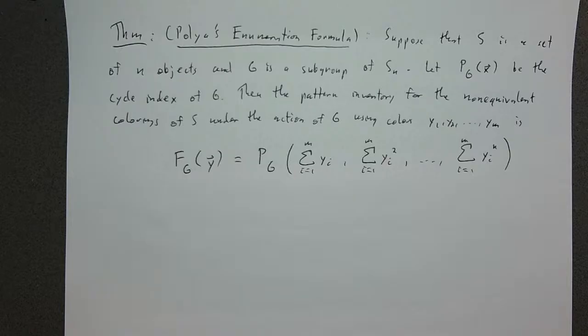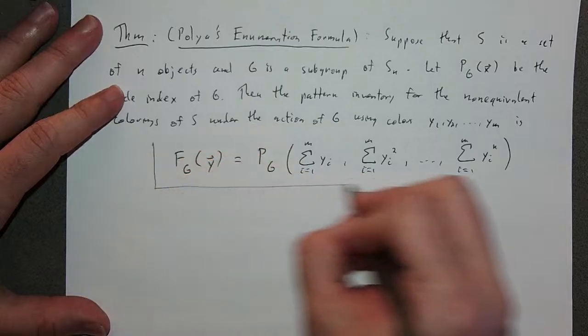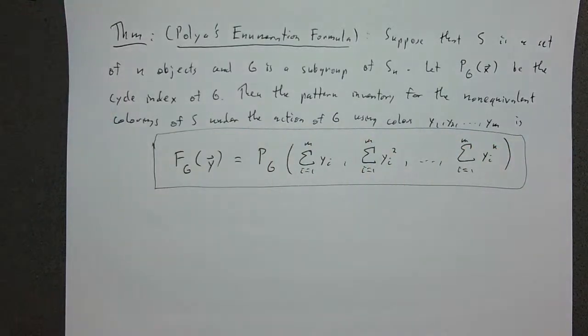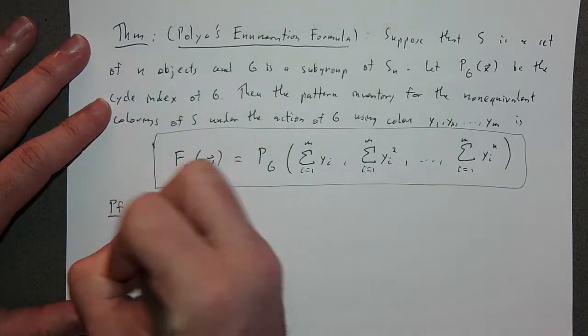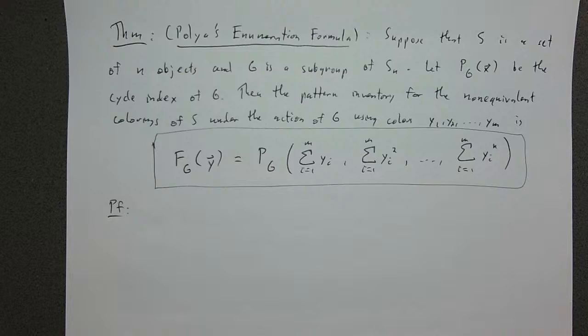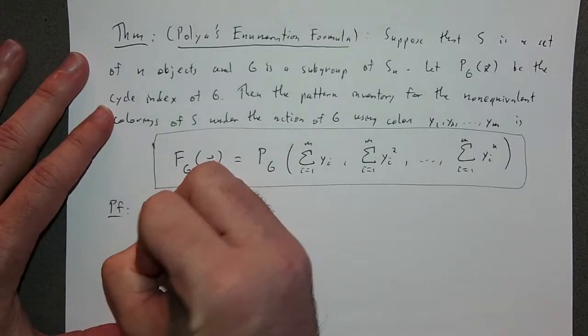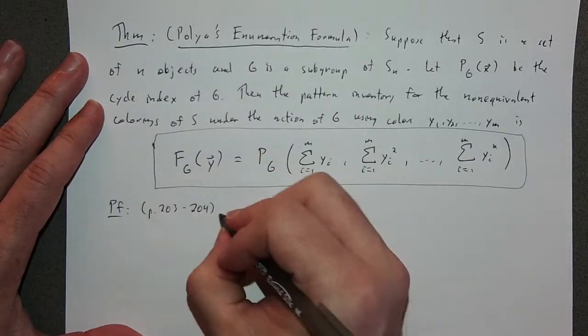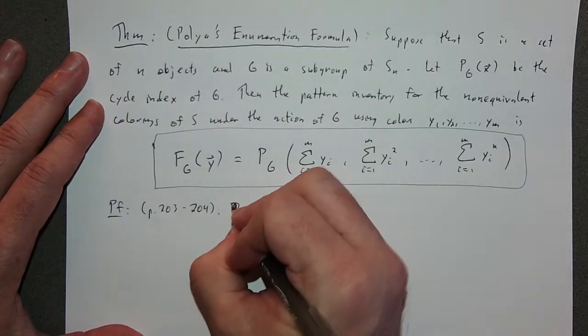Okay. This is the enumeration formula. Proof. I'm not going to do the proof. It's not very long. It is on pages 203 and 204. It is mostly unpacking this